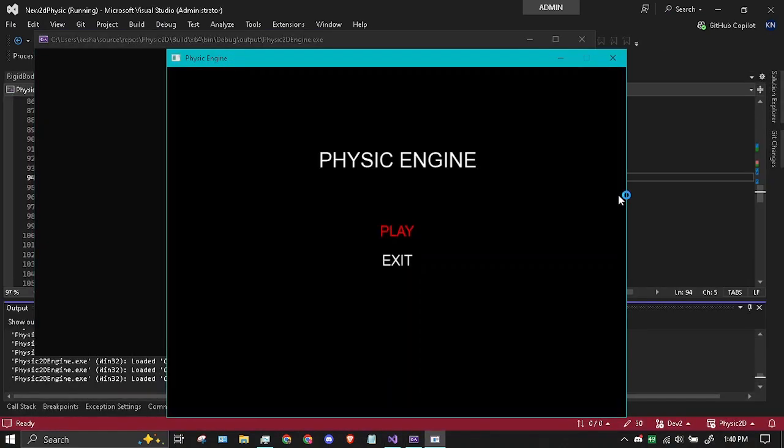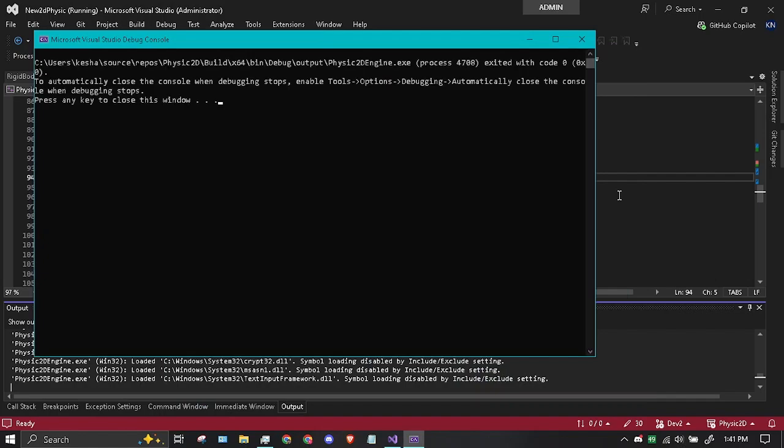This is my main menu implementation. You can see only two options here, that is play and exit. The red color will highlight which option I am going to pick. For now let me pick exit. This will just close the game,